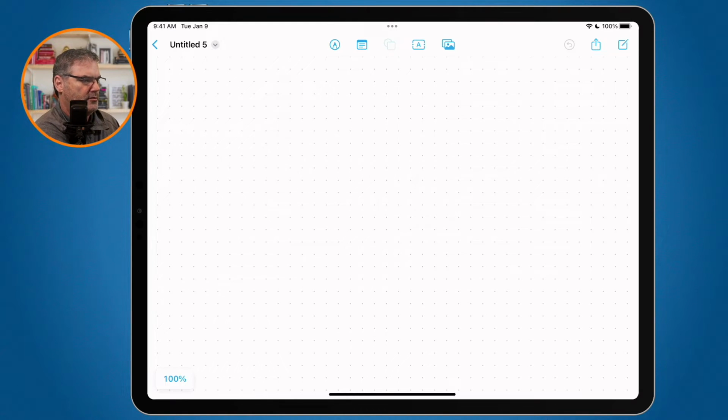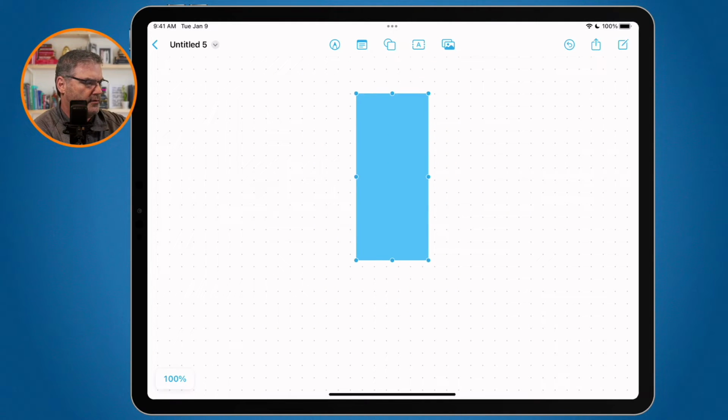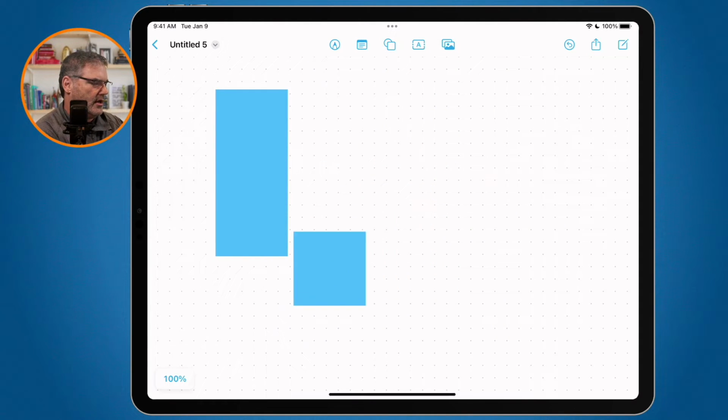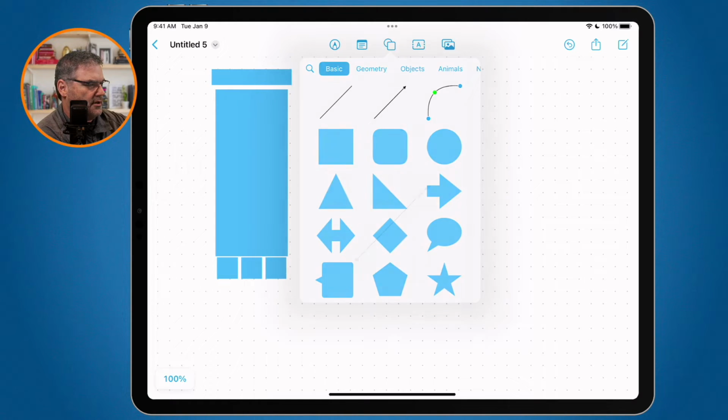But basically, I go up to the shapes, and first of all, I need a phone here. And now what I can do is I can go in here and say that's one button at the bottom, duplicate it. Here's another button, duplicate it. Here's another button. What do I want across the top? I could duplicate it, put something across here at the top, and this is going to go all the way across. And, well, actually, let's go add an arrow here,